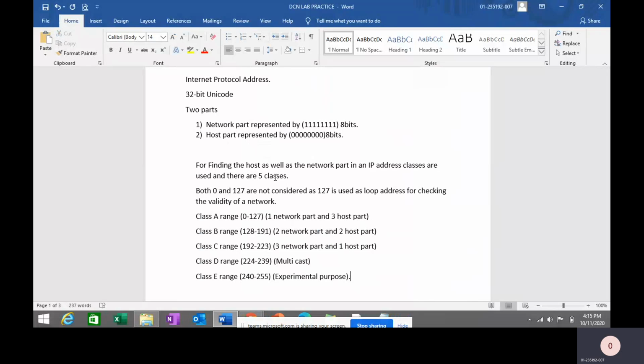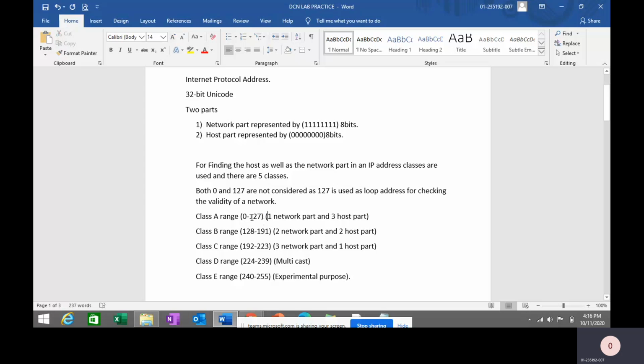There are 5 classes. Both 0 and 127 are not considered, as 127 is used as a loopback address for checking the validity of the network. Okay, after assigning some values to an IP address, we cannot use a value that is 0 or 127. 0 or 127 basically are the values that are used for determining whether the validity of a network is done or not. Okay, so now we have first of all class A that is having a range from